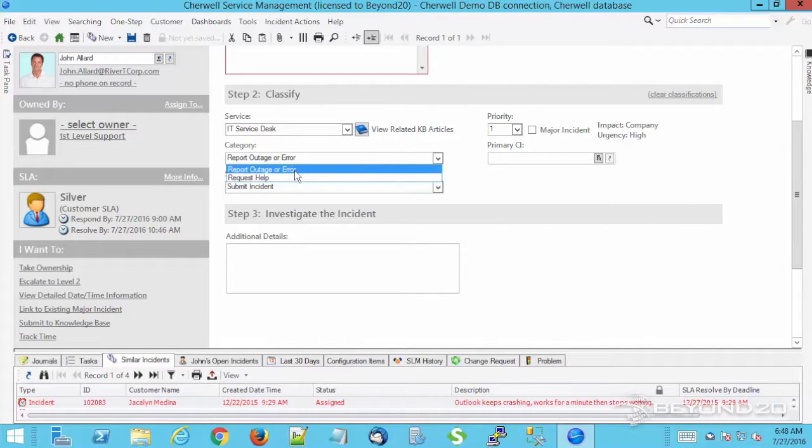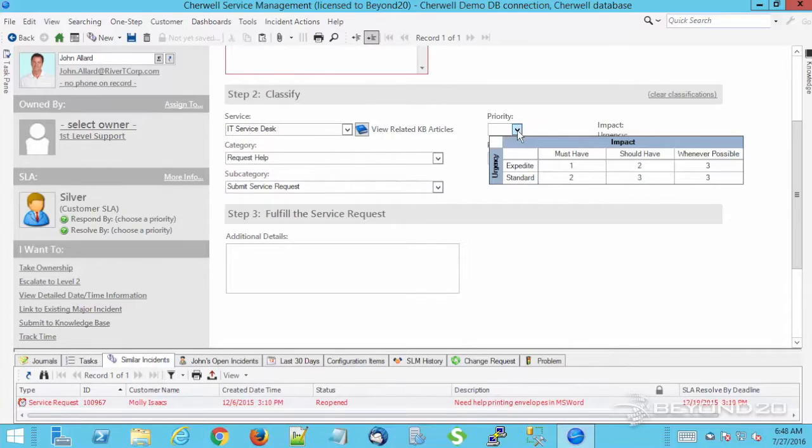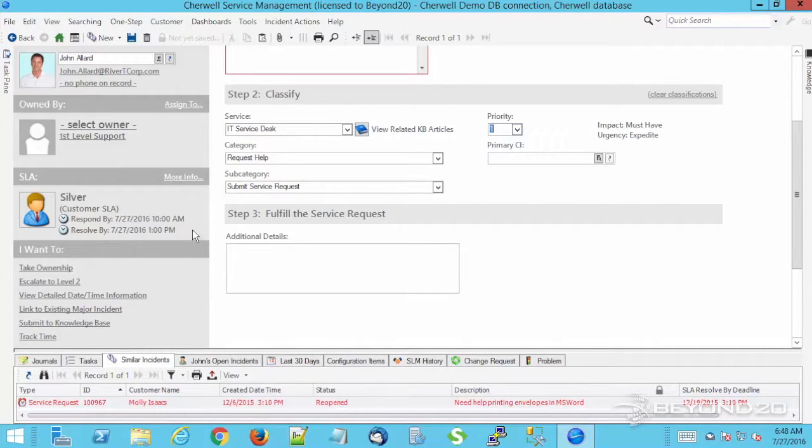So the resolve time is that 4 hours that we had for the particular incident. Let's change this to request real quick, and do a request here, and go back to our priority 1. Once again, this is going to be the SLA based on service request, and the service request for this was both on the 8 to 5 clock, so you can see that this is reflected at a start time of